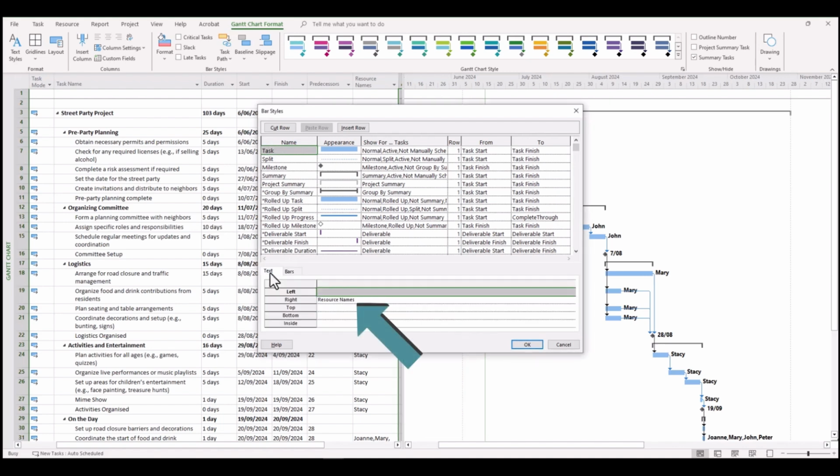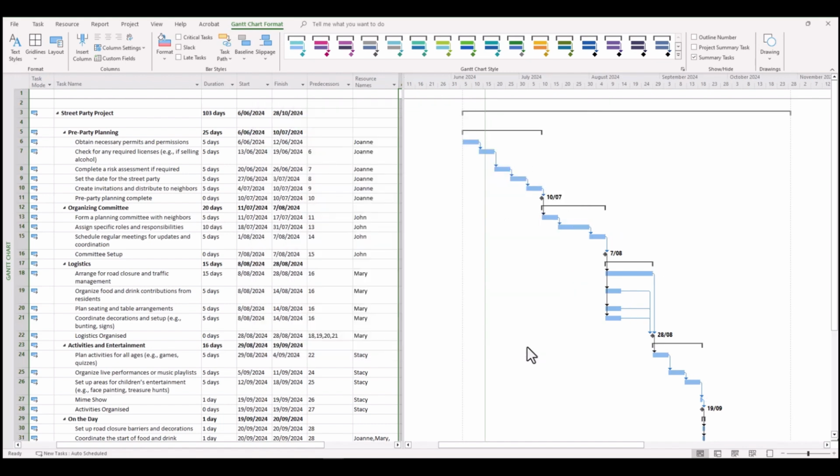But also look at the default text, and you can see, surprise, surprise, on the right hand side of our bars is the default resource name. Now you can simply select that, and probably the best way to get rid of it will be to hit the delete button, and that will be removed. And then if you click OK, all you see there is your bars, your milestones. The milestone dates are still there, and we can remove those, but in this particular case we'll leave them. But more importantly, the resource names have been removed from the Gantt chart view. So that's a nice way to tidy things up.